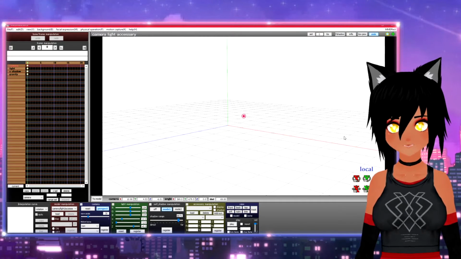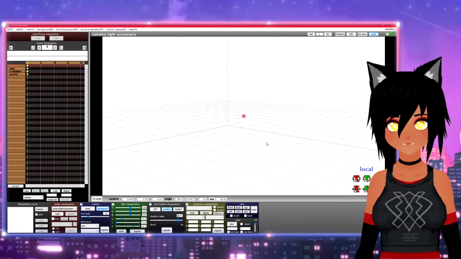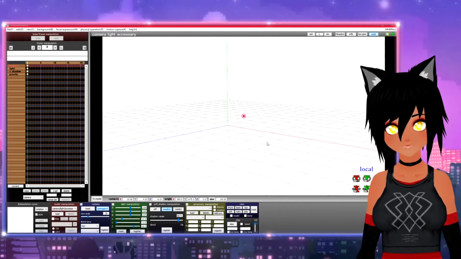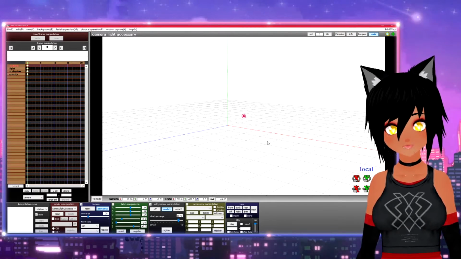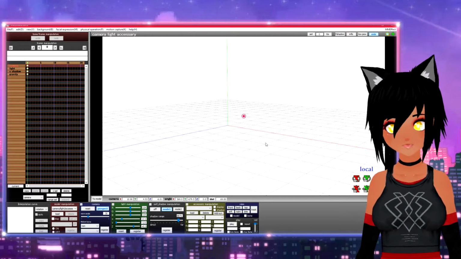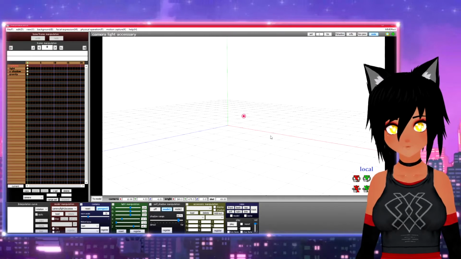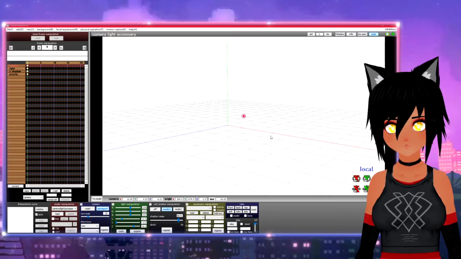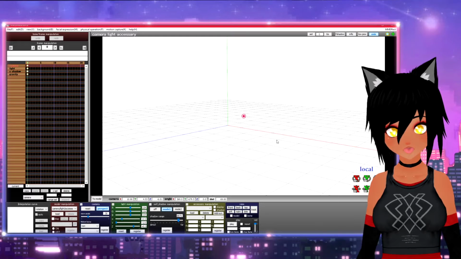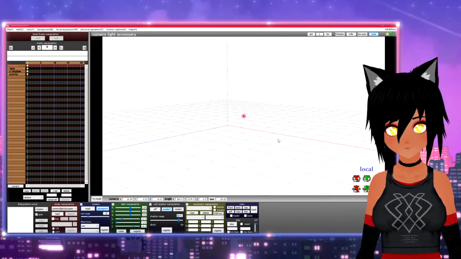And I suggest being pretty organized, because if you're going to use MMD, it's all about downloading parts. You'll download a model from here, a model from there, parts from here, stages from here, motions from here. It's like downloading lots and lots of little assets, and it will be a lot easier for you if you just keep everything nice and organized. So I suggest making a folder just for MMD and putting it in there.